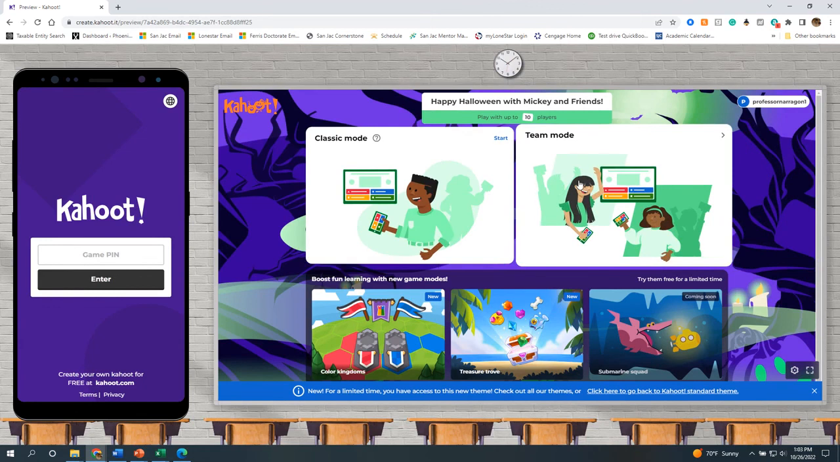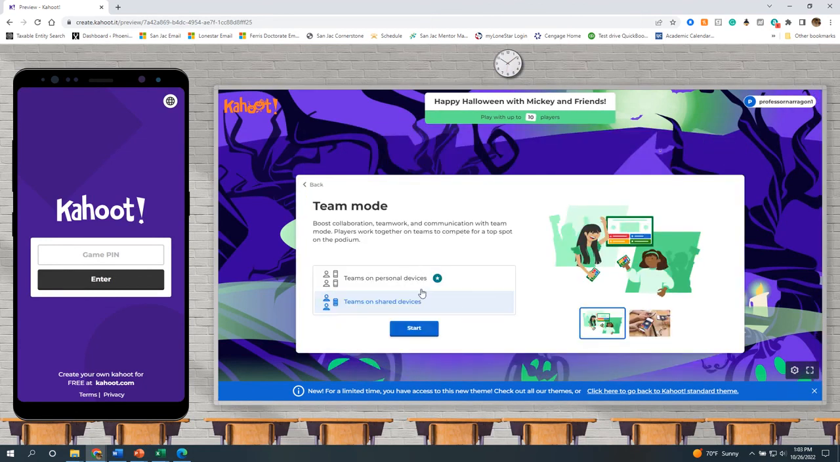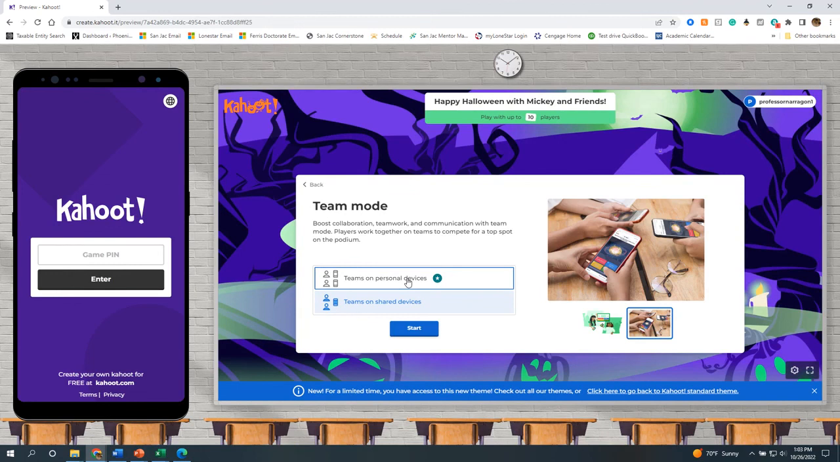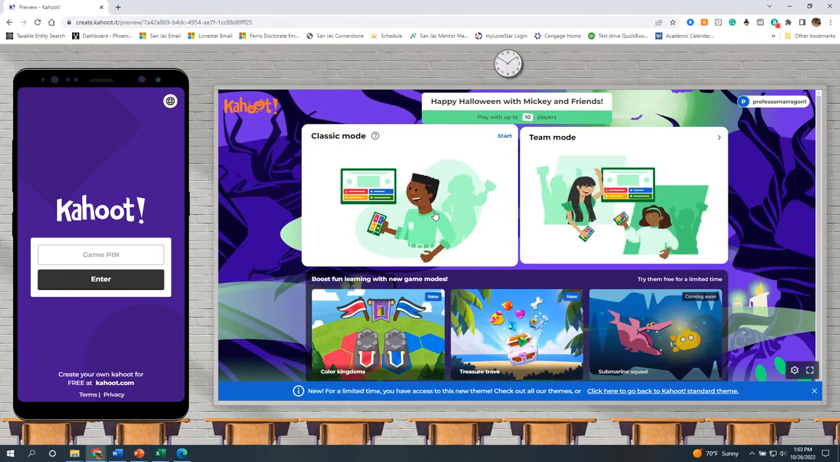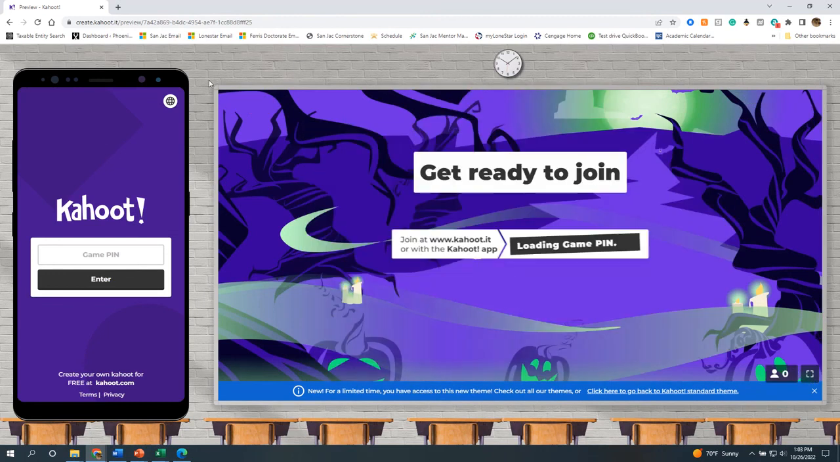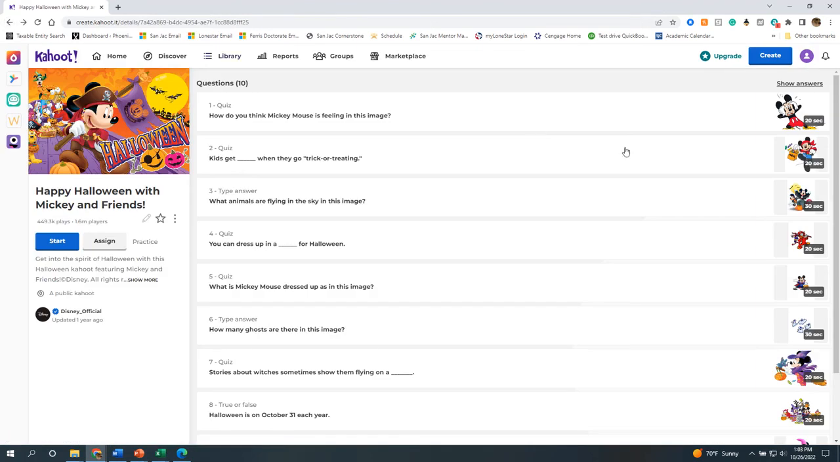And so when we do a Kahoot, sometimes they do have two modes. This is team mode, where they would have teams on a shared device. Notice that teams on personal devices is premium. So again, there's multiple ways of doing the Kahoots. Okay, so